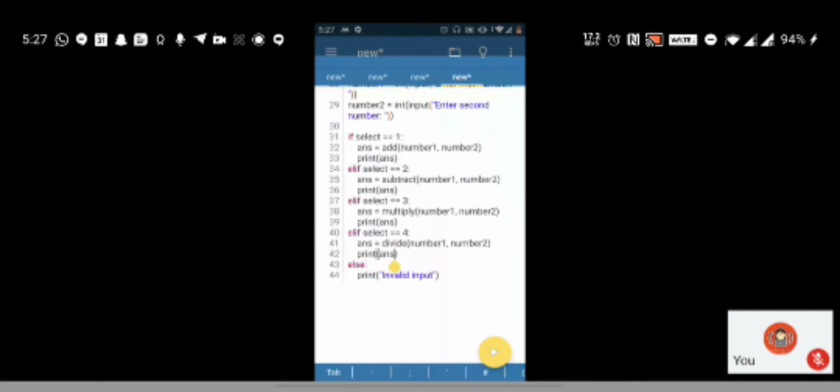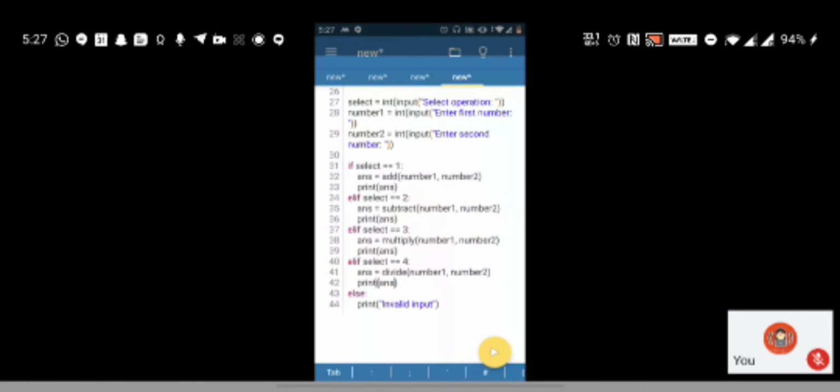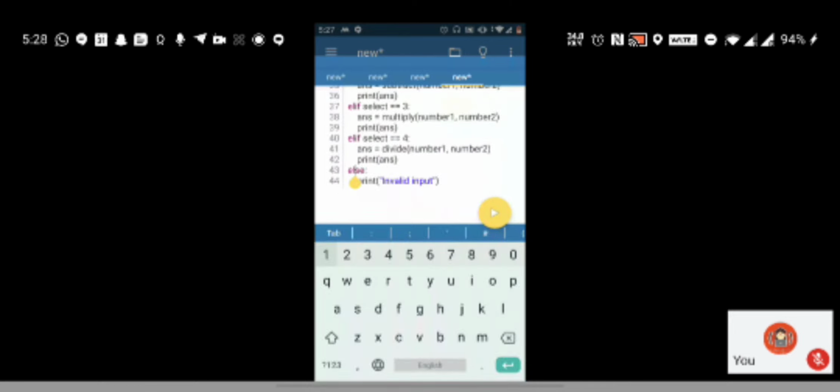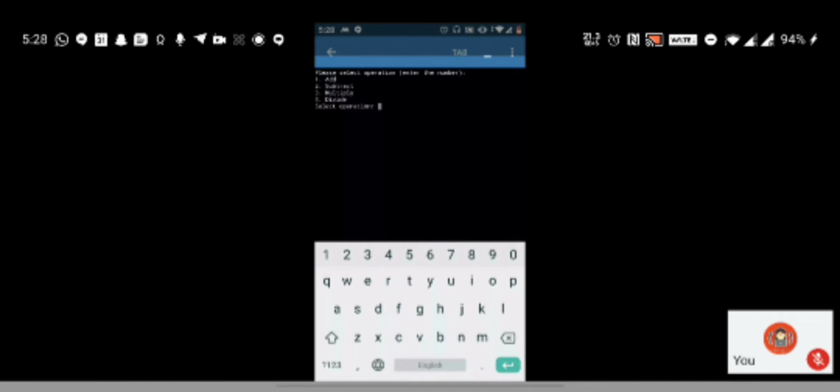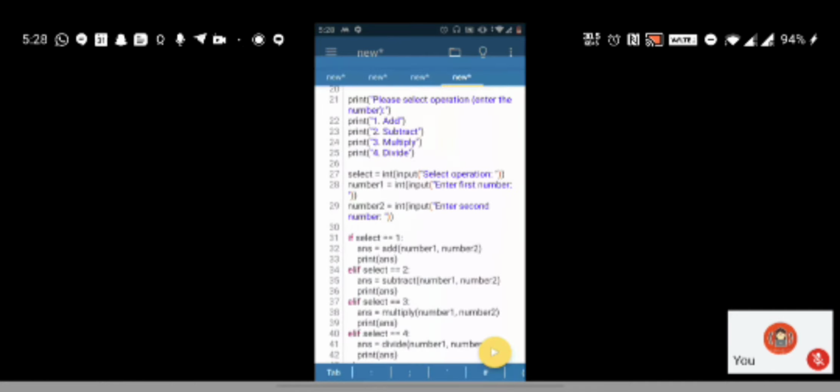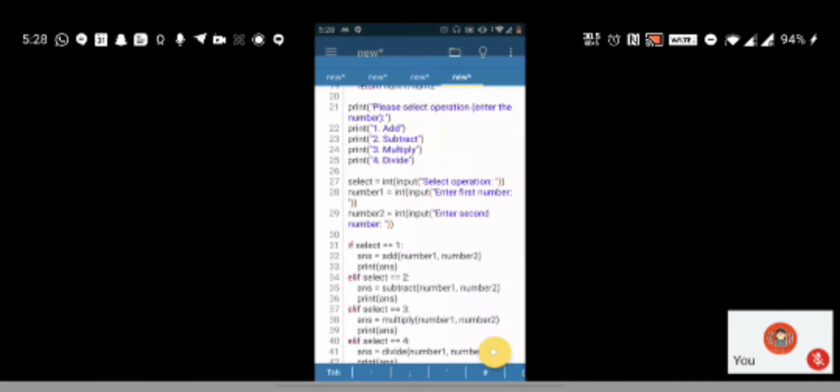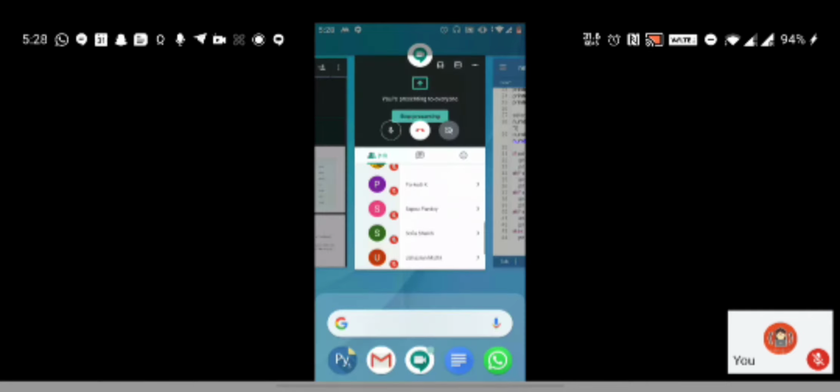If it's an invalid input, then in the else condition nothing will get printed apart from invalid input. If I say 5, it'll just take 2 numbers and then say invalid input. Clear? Yes, ma'am. Okay, so let me go back to the PPT and see.